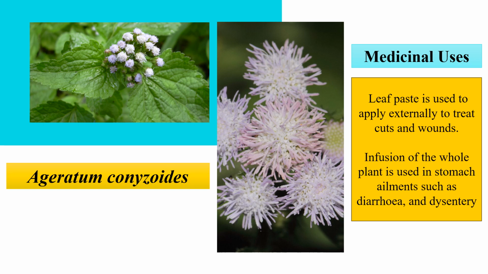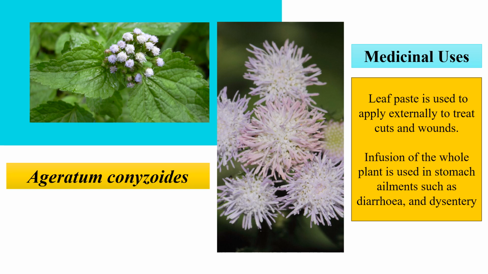Next is the Ageratum conyzoides. This plant is widely distributed in every wasteland, in roadsides, in forest areas. Everywhere you can find this plant, and this is considered a common weed species. These are common weed herbs, or sometimes they grow up to shrub size, and this is a hairy annual